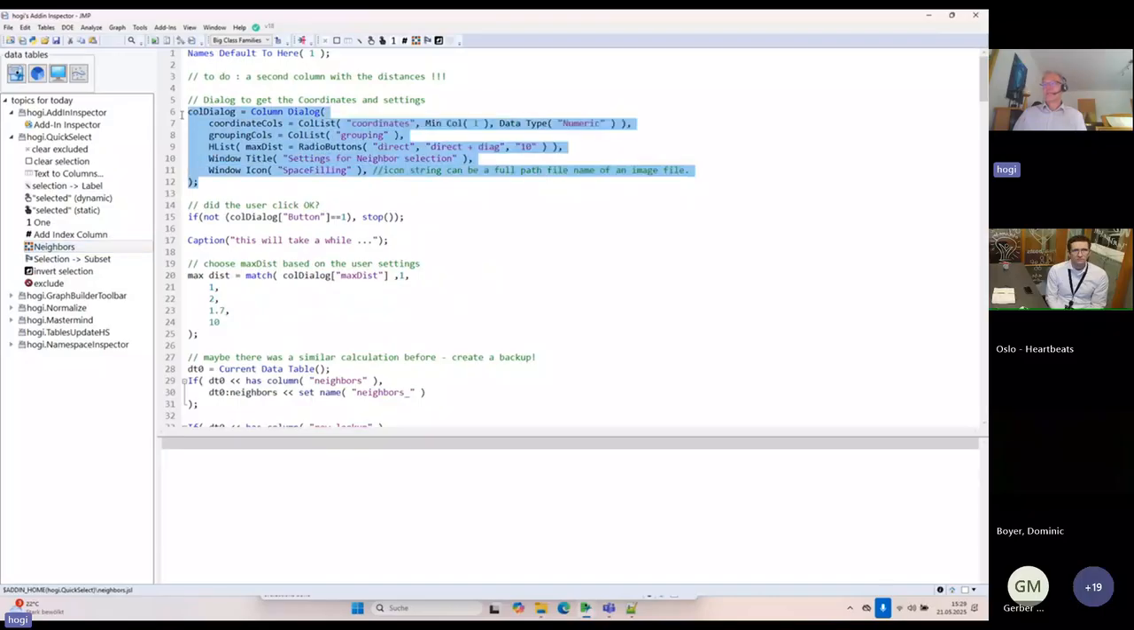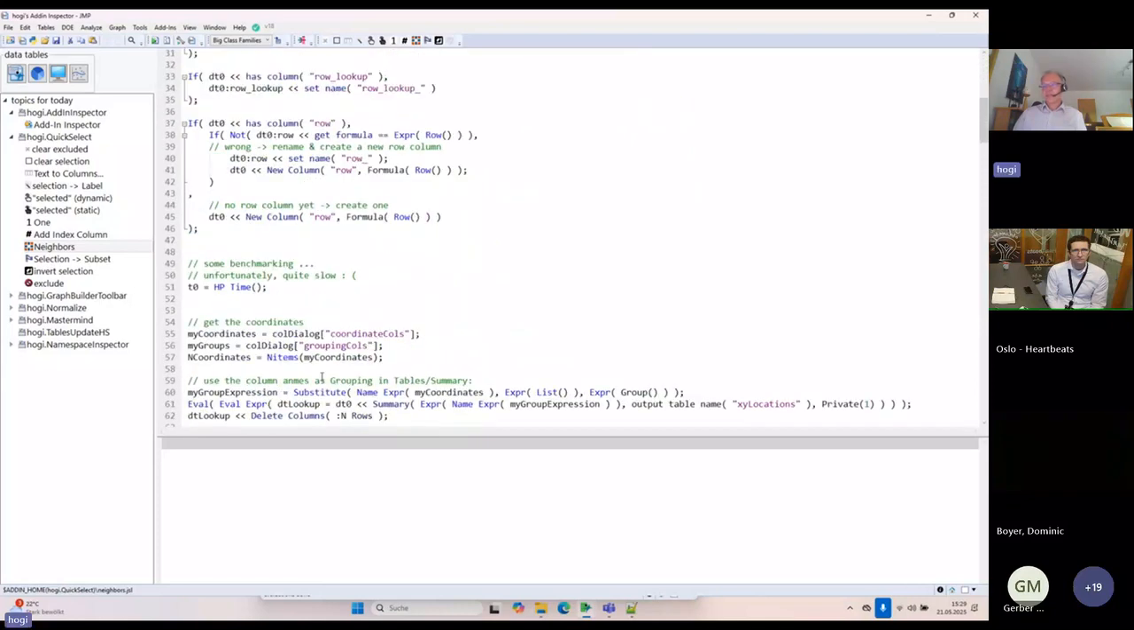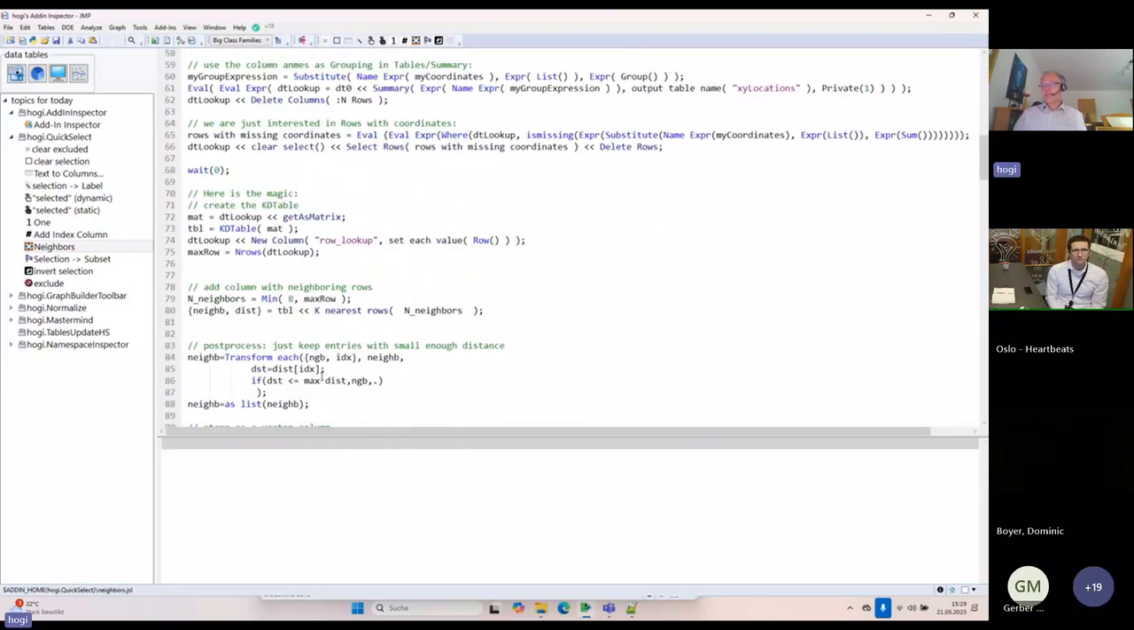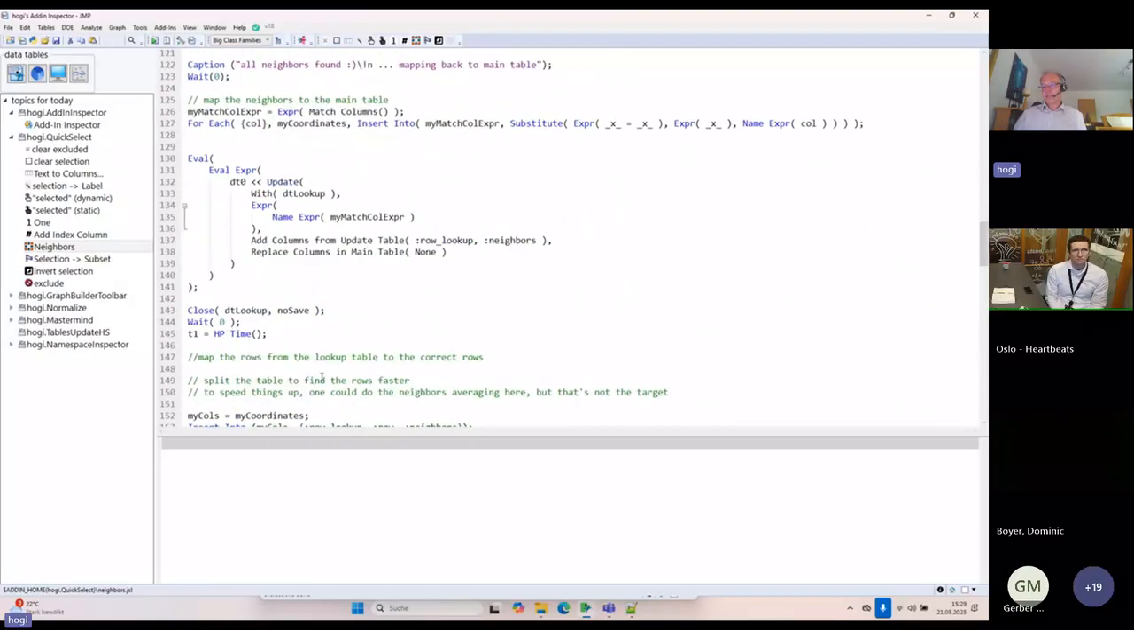Okay, so far. Then the neighbors, which we started. So here we saw this dialog window where the user could pick the columns and check with a radio button if he wants to use the direct or direct and diagonal neighbors. Depending on the setting, we calculate a maximum distance. Then we save something that is already there. And then really the magic after some steps is